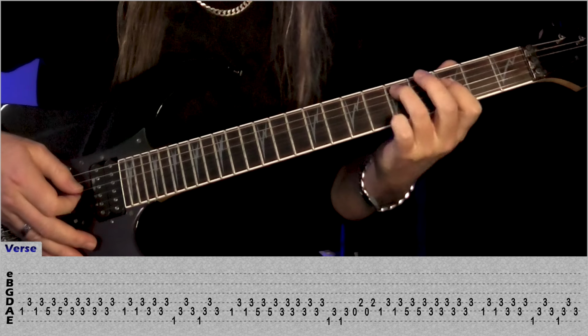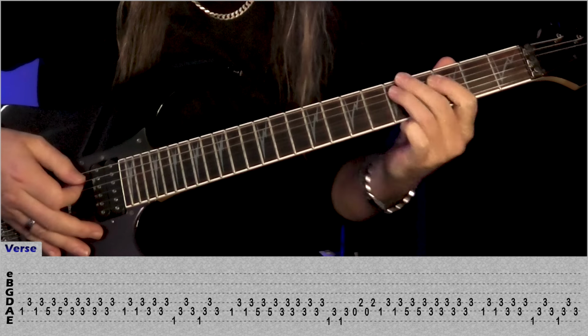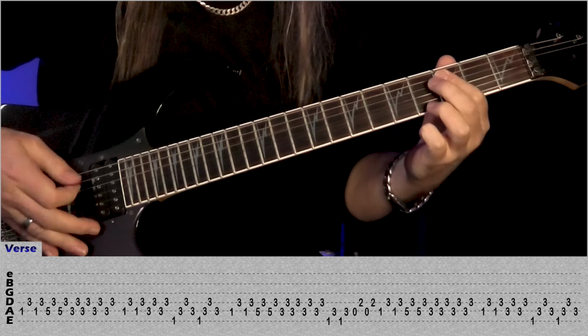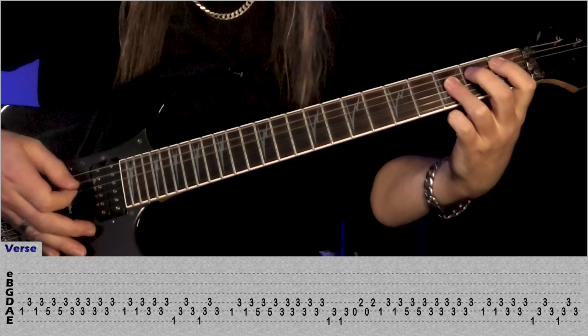Then come up to 5A, 3 on the D and do that 2 times. So 5, 3, 5, 3. Then go back to 3 on the A and the D and we do 1, 2, 3, 4. So we have